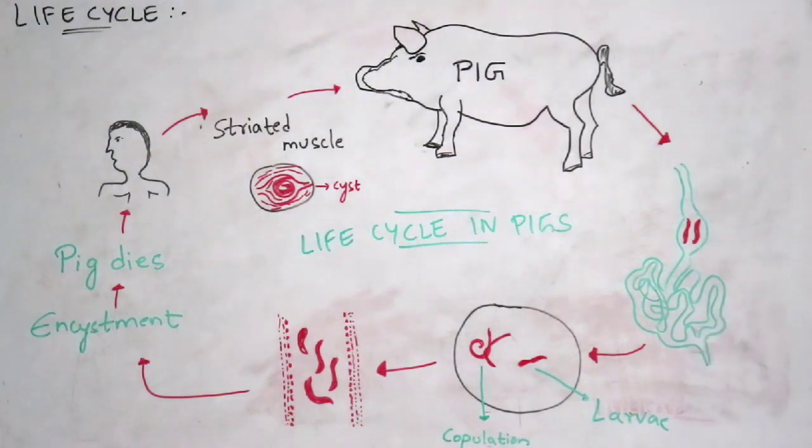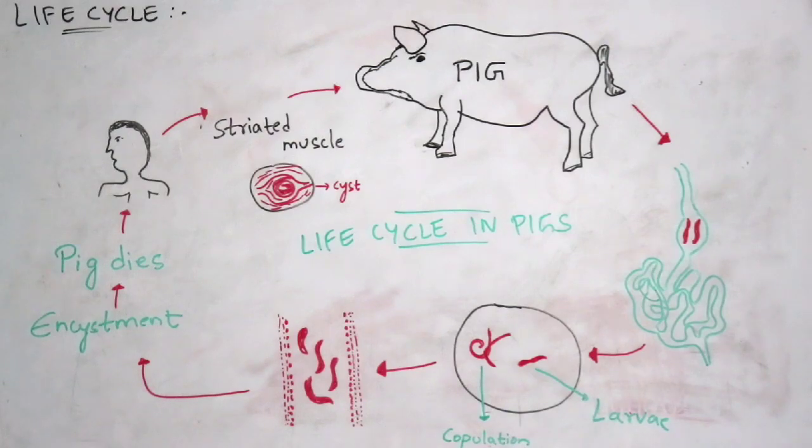That is nothing but, normally in some cases, migration of the larvae will enter into some other tissues. But in the life cycle that I have explained to you, it enters into the striated muscles. Not only the striated muscles, it enters into some other tissues, some other organs also, but that can be seen only in rare cases. In most cases the larvae will enter into